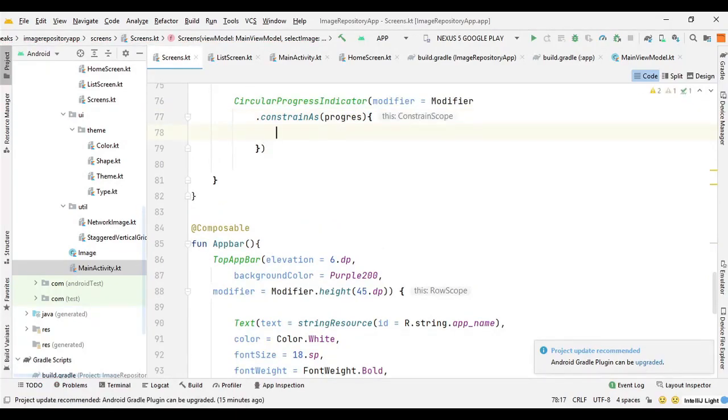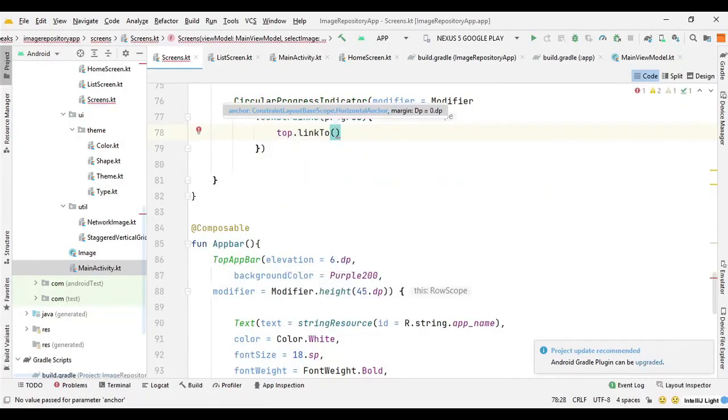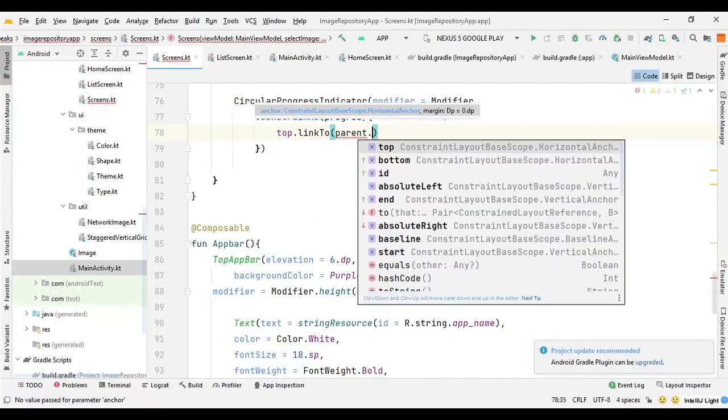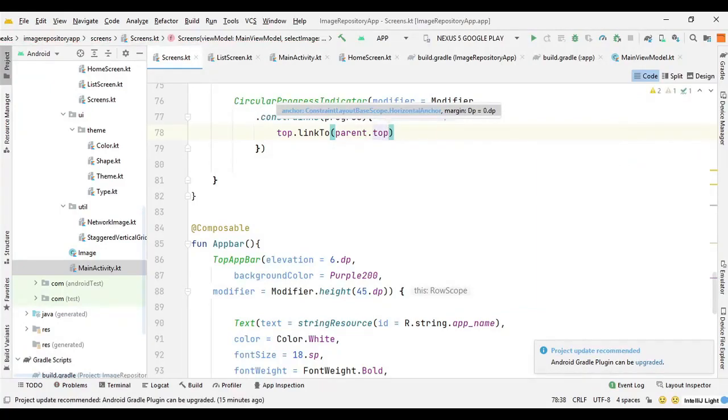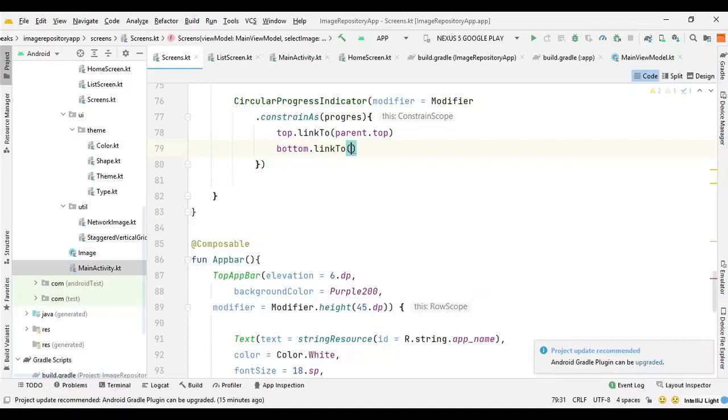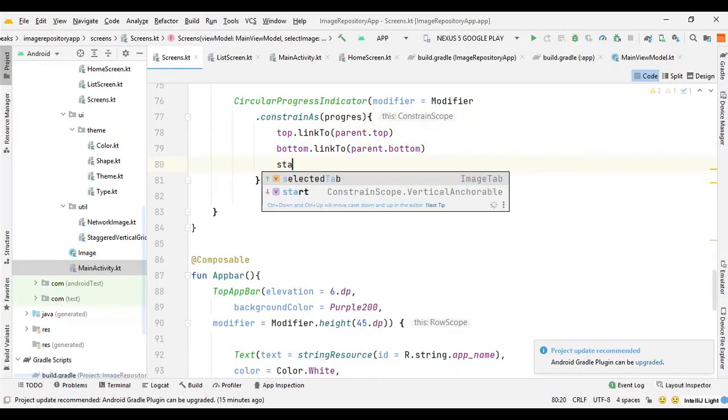So we can say top.linkTo(parent.top). We want this indicator to be in the middle of the screen, so we will have to constrain it from all sides. Now we can say bottom.linkTo(parent.bottom), then we will have to link it from start.